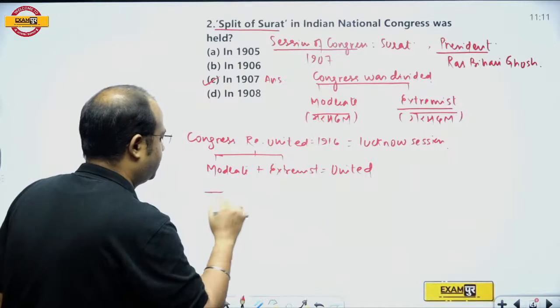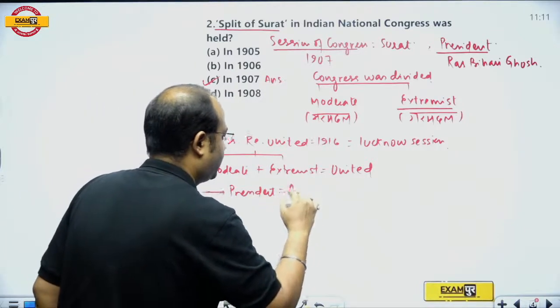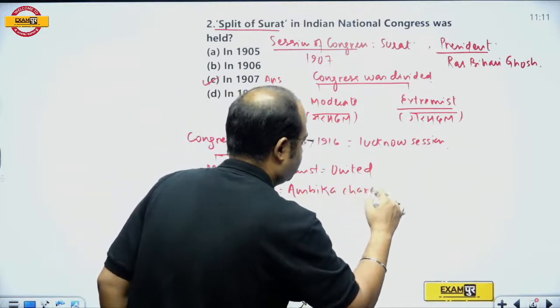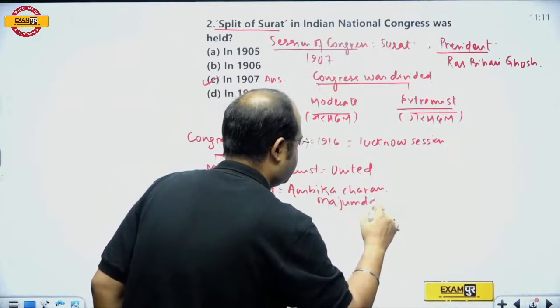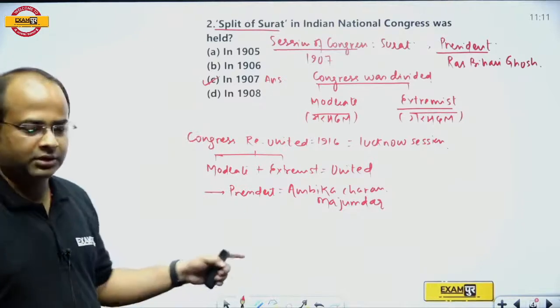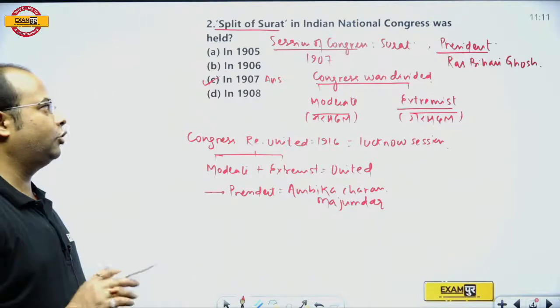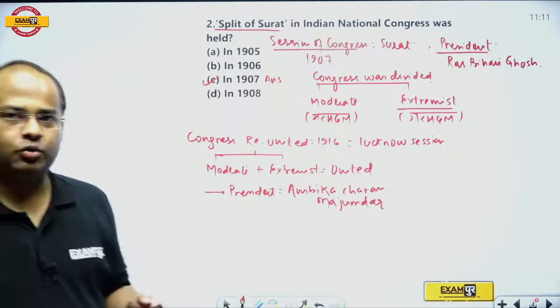And the president was Ambika Charan Majumdar. So the president of Congress in the Lucknow session was Ambika Charan Majumdar. Therefore, guys, the correct answer will be option C, that is 1907. Surat, the city Surat, that is in